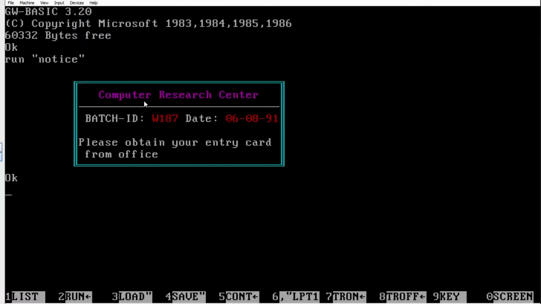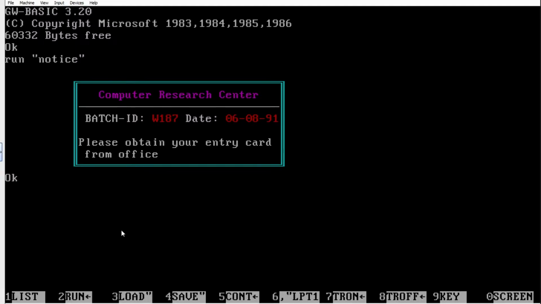So see, this was maybe some batch started, when we started a batch, the batch ID and date of startup, and this notice was for letting the students know that they should pick up their entry card for this course from the office. Anyway, this was a very simple tour through the programs that we used to use in our